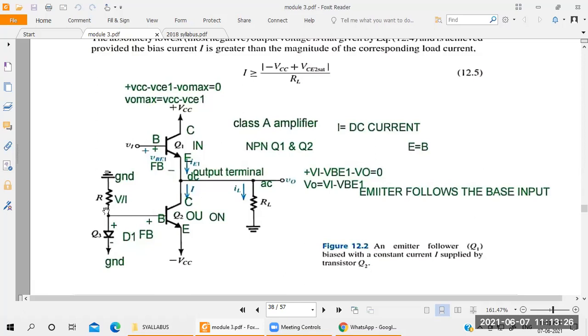So what is the purpose of connecting the resistor here? In order to control the voltage and current. Then what is the purpose of connecting the diode here? It's a forward bias here. There is a continuous loop between the base and emitter. The emitter is connected to negative voltage, but the base is connected to a positive voltage across the diode. So D1 is what now? Forward bias. D1 is connected in forward bias here, so it will conduct the positive voltage. Remember this one: when the diode is connected in forward bias, it will conduct only positive voltage.